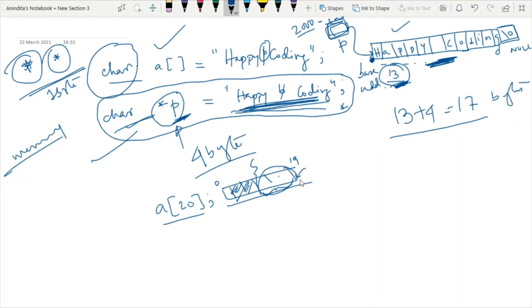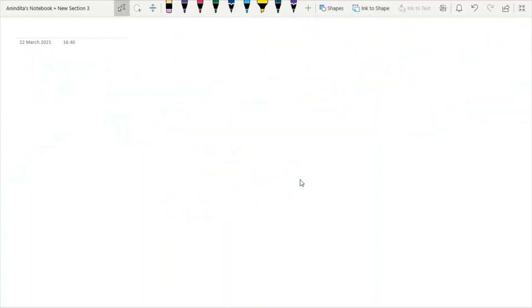So as a remedy, we can do one thing. We can perform dynamic memory allocation. So what is this dynamic memory allocation? I have discussed that there is one option we can do. So we can forget about array. Instead of writing array, we can use dynamic memory allocation. Now, how to do this dynamic memory allocation?